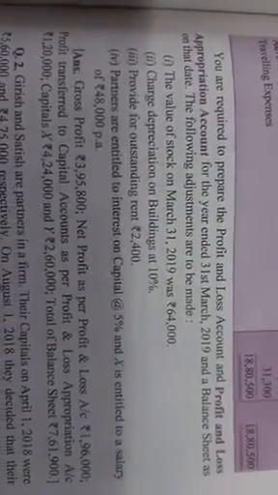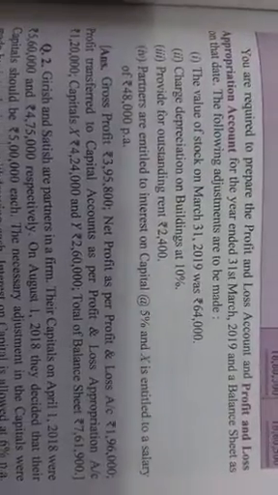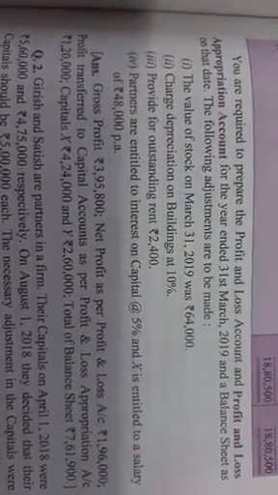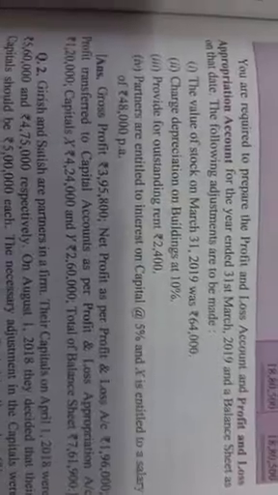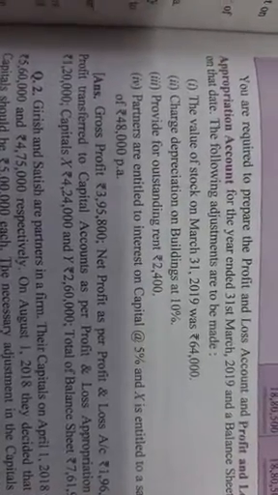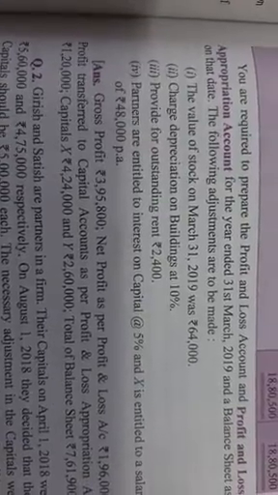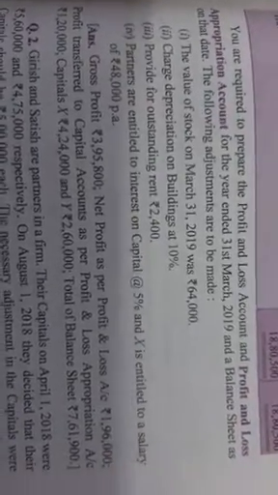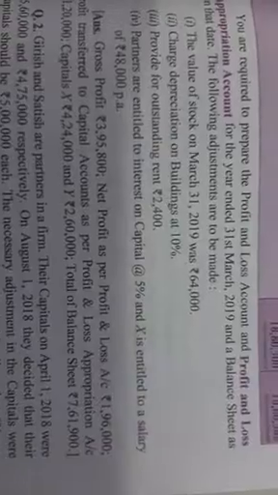The following adjustments are to be made. Number 1, the value of stock on March 31st 2019 was rupees 64,000. Charge depreciation on buildings at 10%. Provide for outstanding rent rupees 2,400. Partners are entitled to interest on capital at the rate of 5% and X is entitled to a salary of